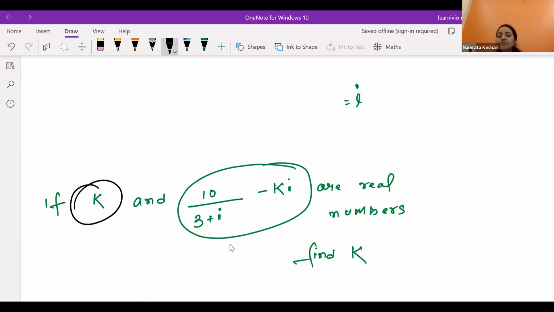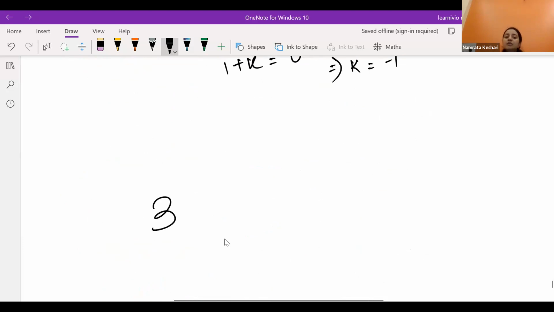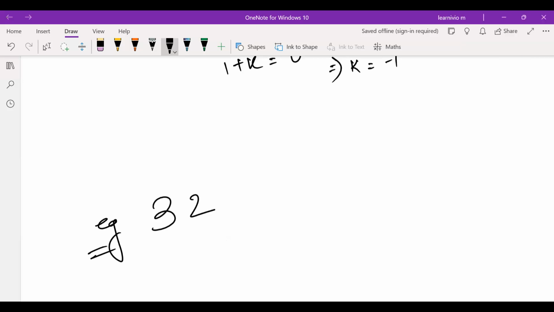Real number में i reflect of course नहीं करेगा. That means b value has to be 0. If you are writing any real number, suppose you are having 32, if you are writing any number like 32 or any constant number in the form of a complex number, that means just